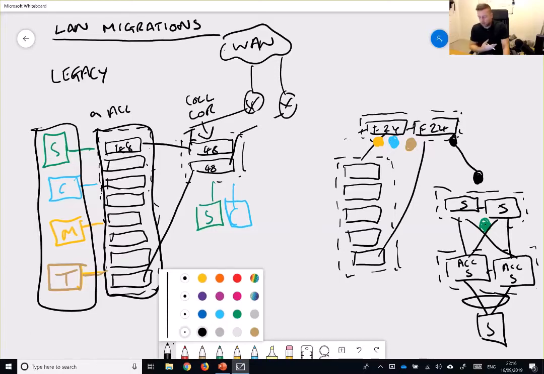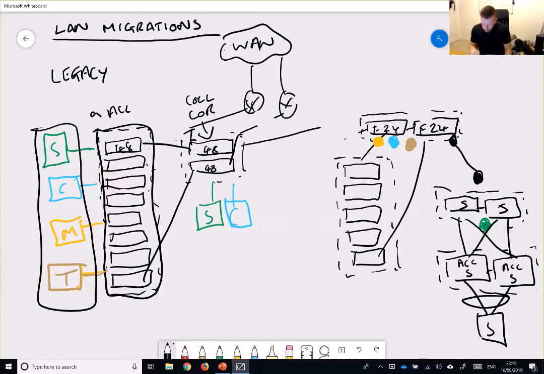If we extend VLANs, let's just say this is a trunk port that I've drawn between the old core and the new core, and we want to extend VLANs like this. Nearly missed a colour.